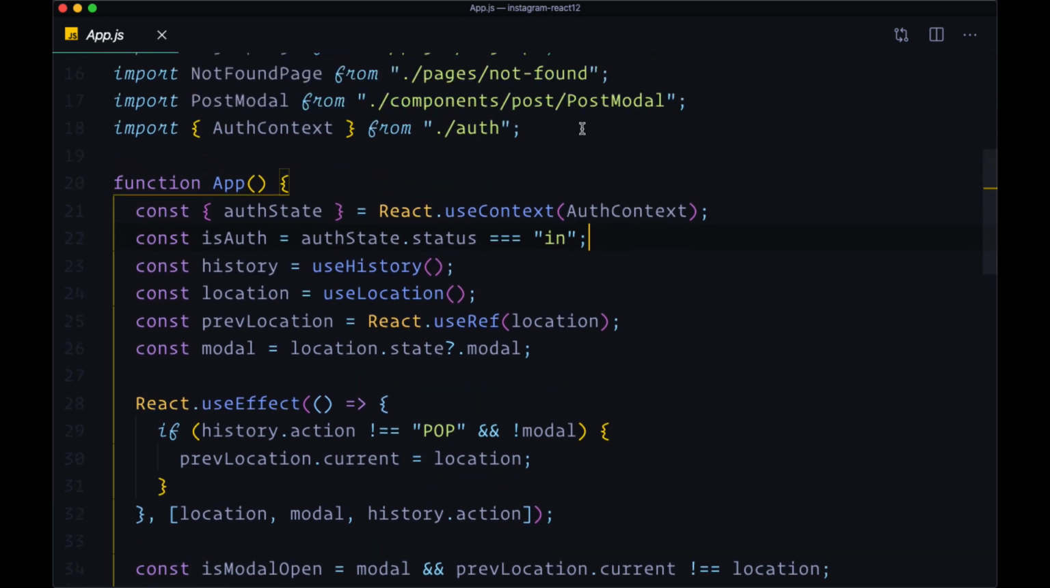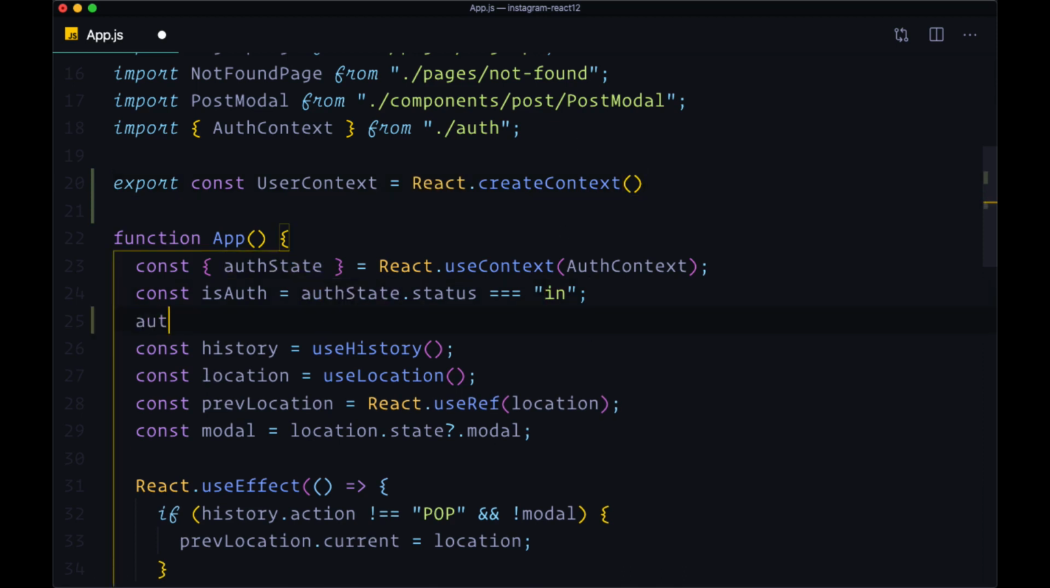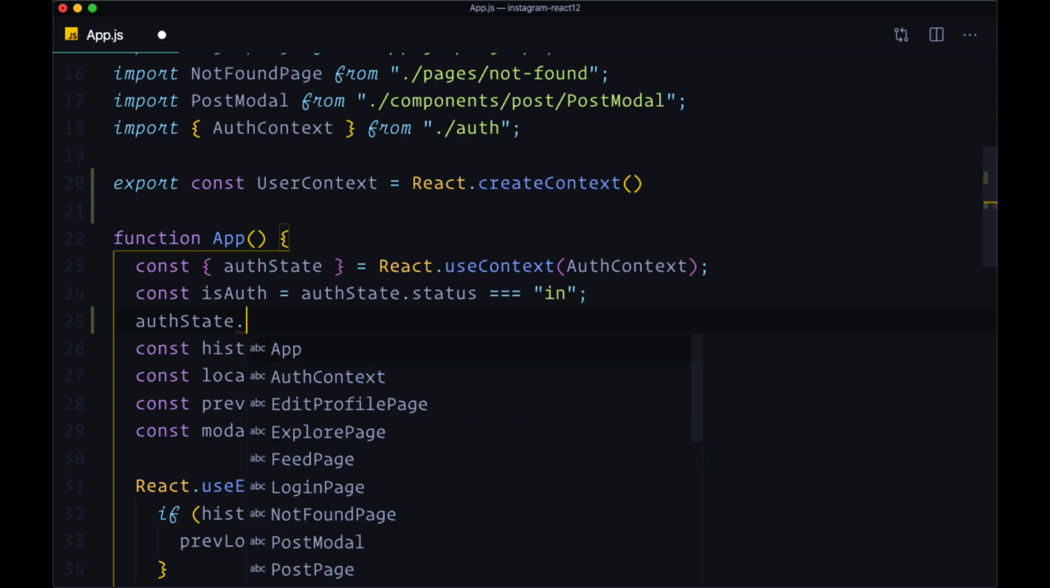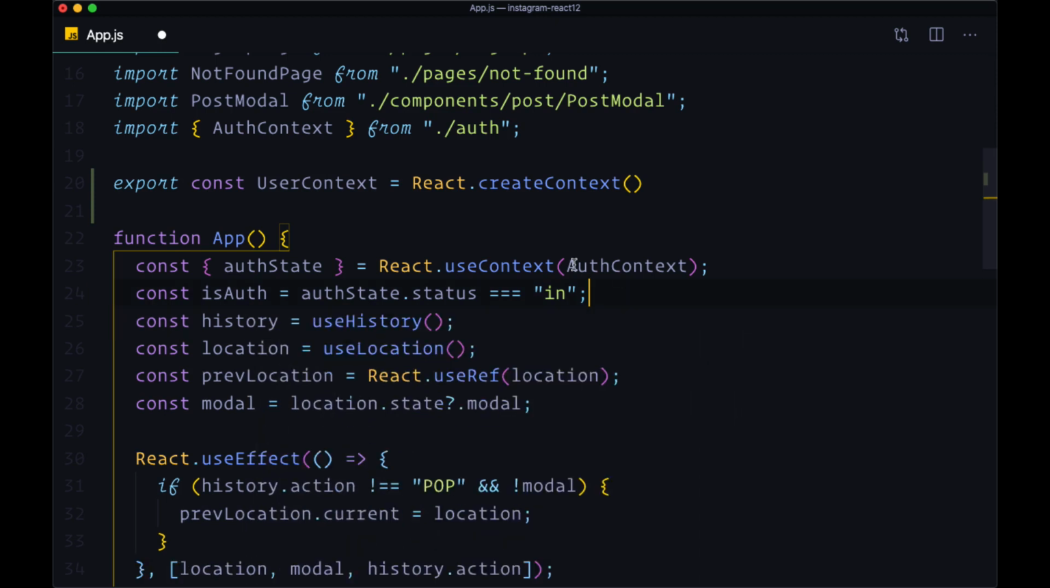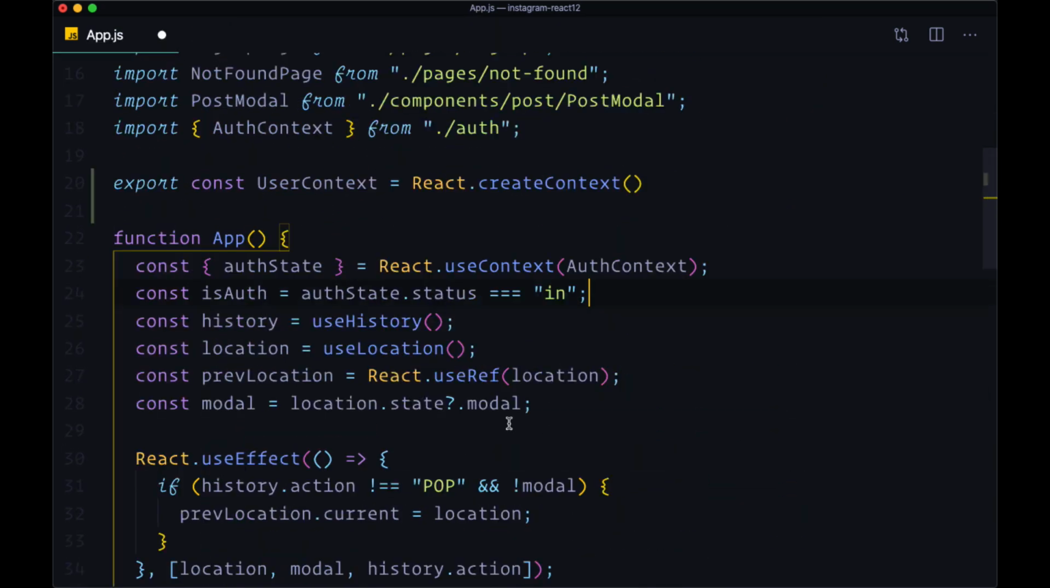So we can make this above our app component. We can export const userContext equal to React.createContext. And as I mentioned, we want to get some data from authState, namely authState.user. Yes, that's correct. So from authState.user,